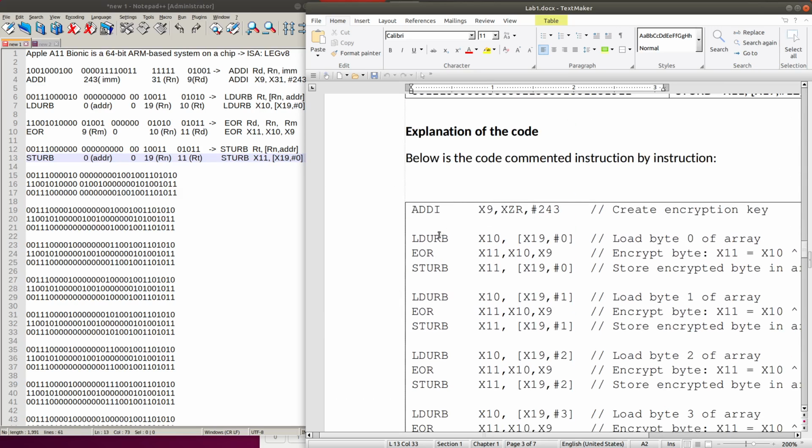The encryption method is doing exclusive OR between the value in memory and the secret key 243, and we will have a new number, and we store it back to the memory.